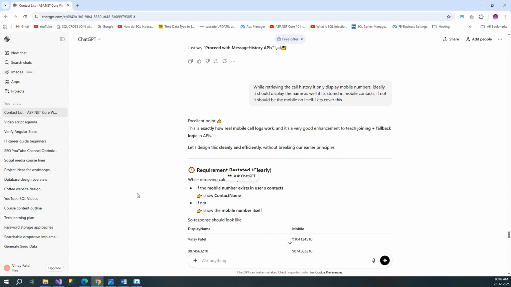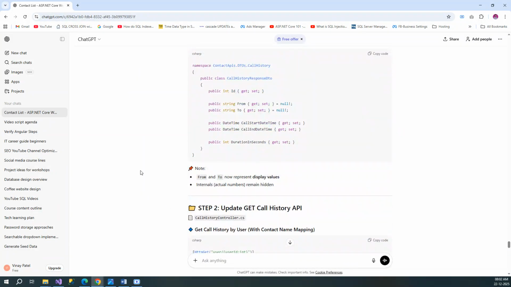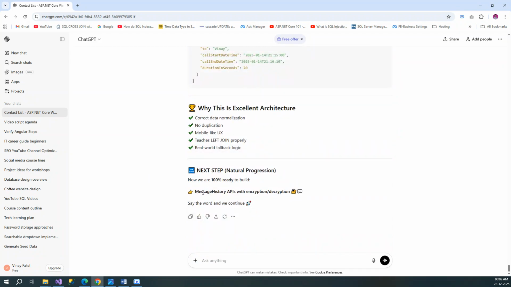In the previous response, ChatGPT already suggested that if you want to move ahead with message history, give me this, and we will go ahead. However, I want to make sure that we are also implementing a few other things, for example, this message history with encryption decryption,